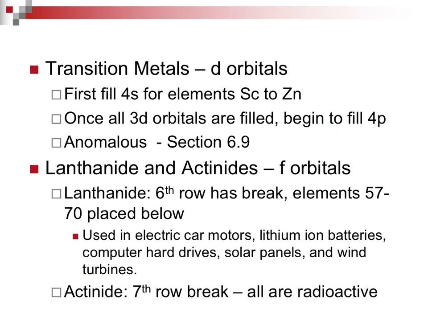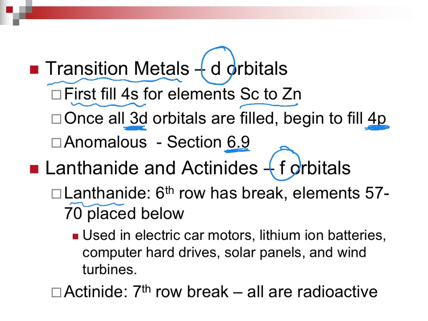All right. Transition metals. What are the transition metals doing? Well, they're the ones with the d orbitals, and what you will do is you first fill the 4s. I'll show that in the next section, how you run your finger across the periodic table. And these are the elements, scandium to zinc, in the third row and the fourth row of the periodic table. Once you fill up all those 3d, then you're going to start to fill up the 4p. There are some anomalous materials, but the textbook puts them in section 6.9. I'll address it there. There's also something called the lanthanides and the actinides, and they have f orbitals.